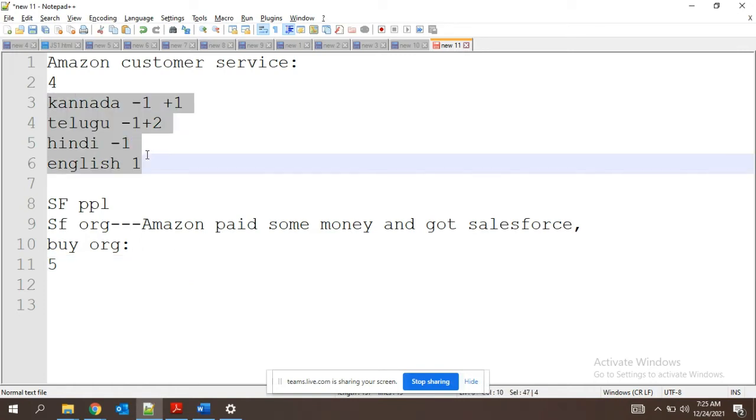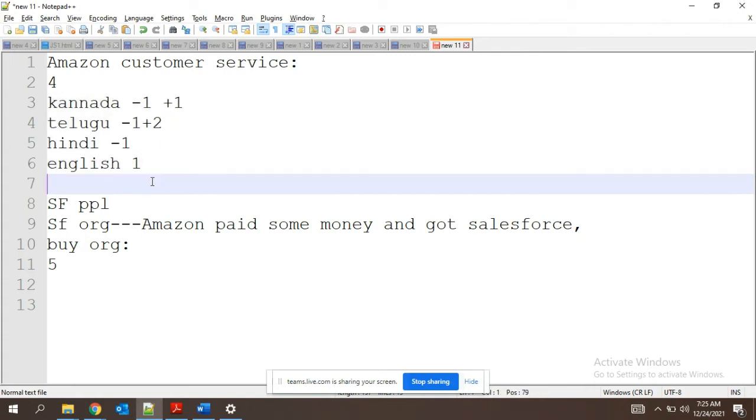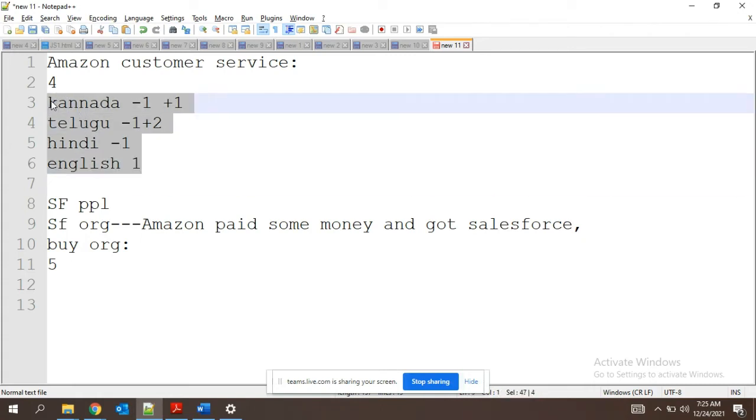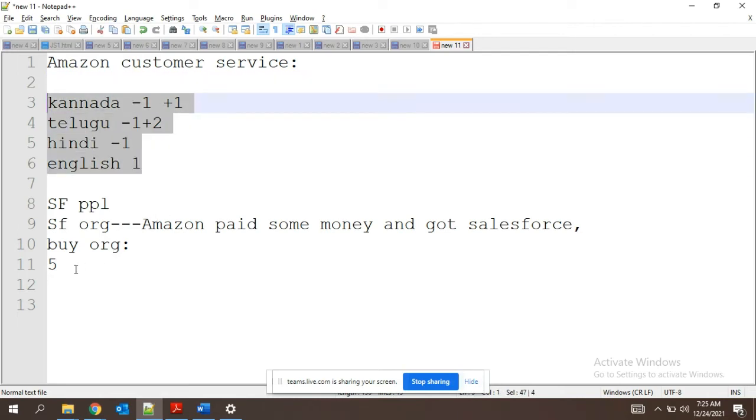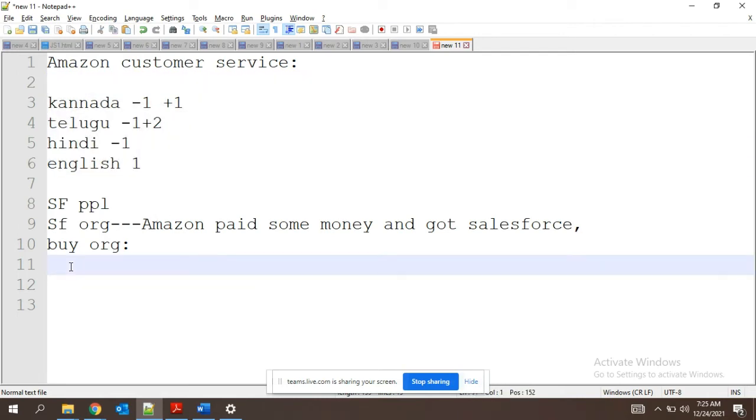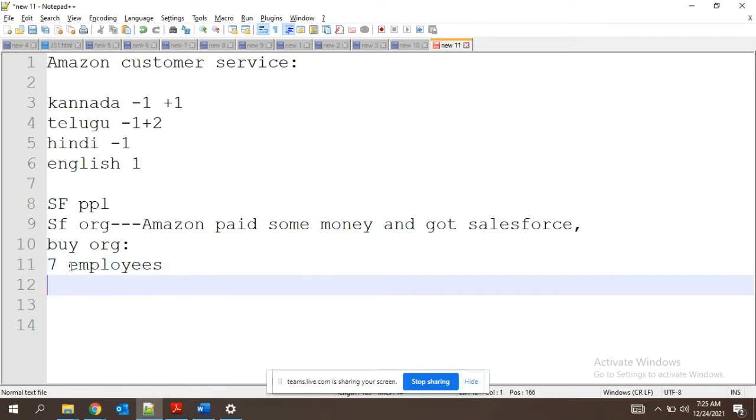So totally they are saying all these people should be inside the organization. These are the employees working in Amazon customer service. So now we have to add seven customer service users, as per the requirement of Amazon.